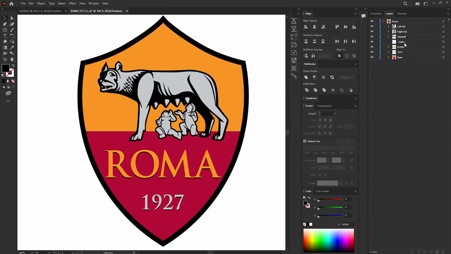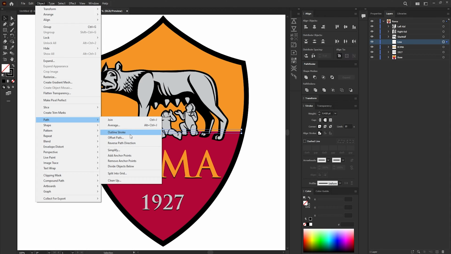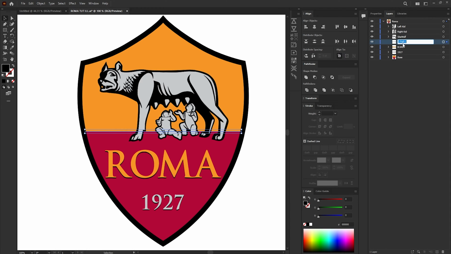Oh, and you may have noticed there's this path layer, which is the line at the center here. So yeah, there it is. And I believe it is also a stroke. So if we increase that, yep, there you go. So we'll Control Z to undo and go back. And with it selected, we'll go over to Object, Path, Outline Stroke. So it's now an actual path. And there you go. We now have a clean looking layer stack, and it's now time to move over to